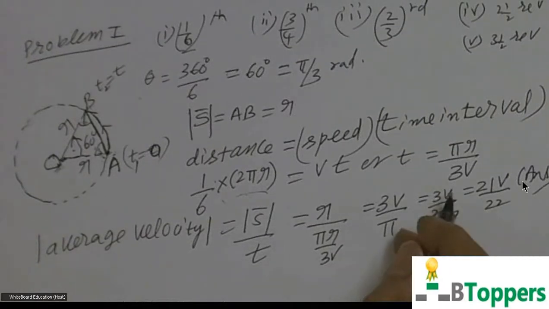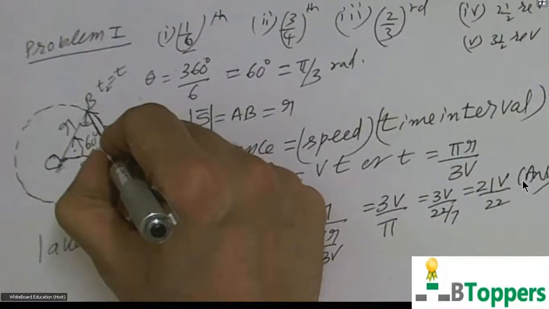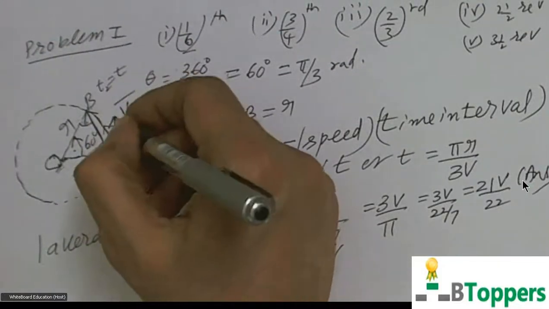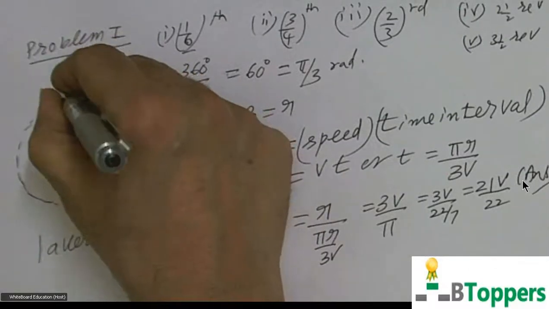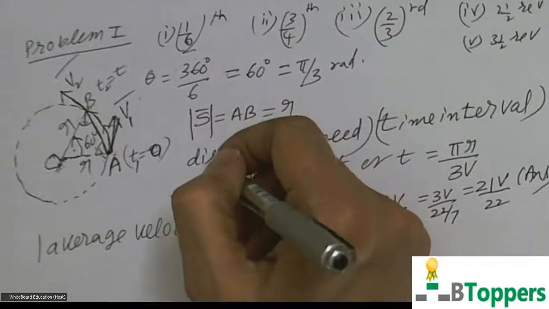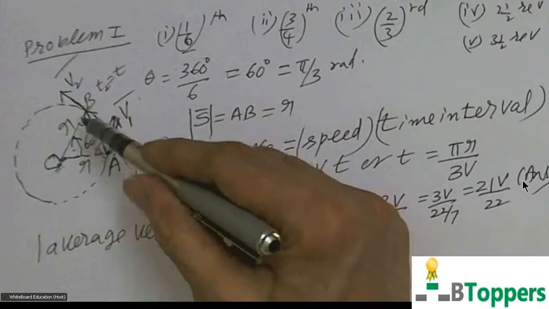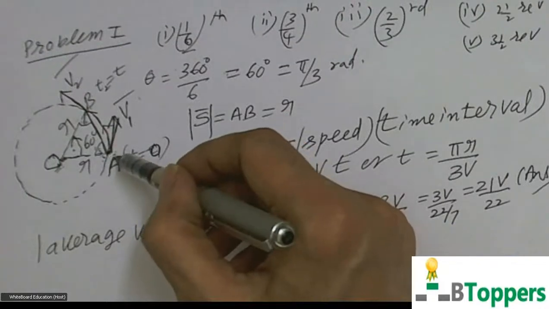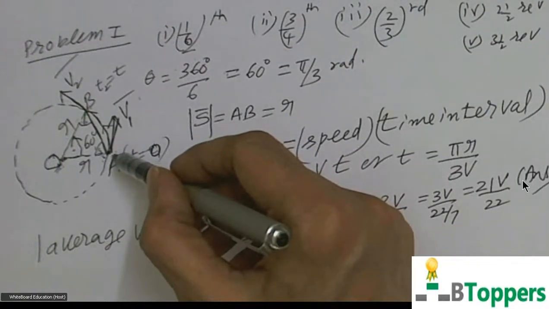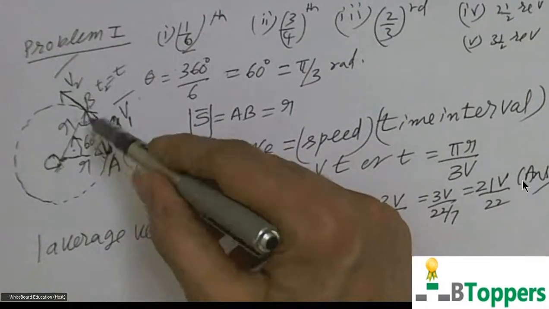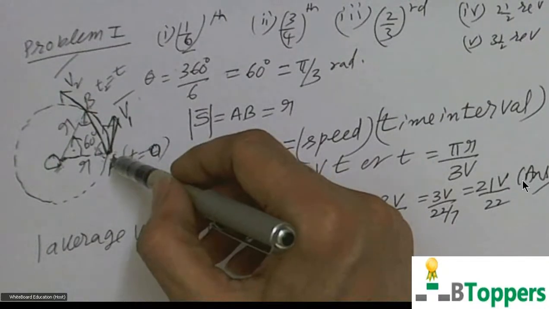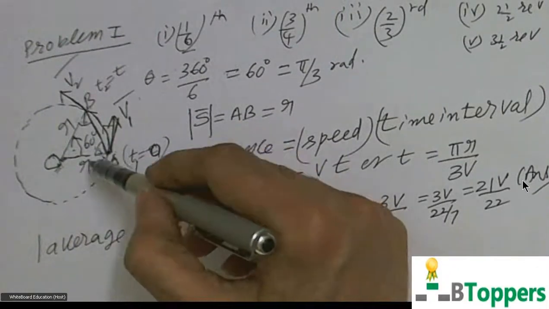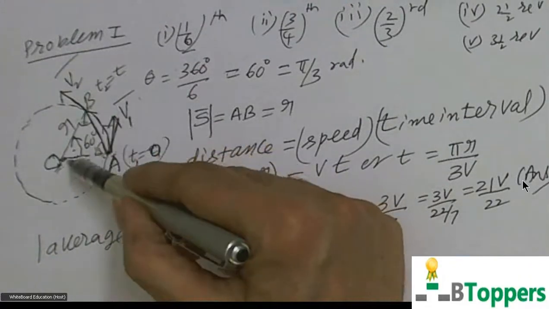To find magnitude of change in velocity, you can observe that direction of the velocity at the point A will be along the tangent to the circle at A. Direction of the velocity at the point B will be along the tangent to the circle at B. So the angle between the final velocity vector v2 bar at B and the initial velocity vector v1 bar at the point A is the angle between the tangents to the circle at the points A and B. The angle between the tangents will be the same as the angle between the two radii of the circle at the points A and B, which is equal to